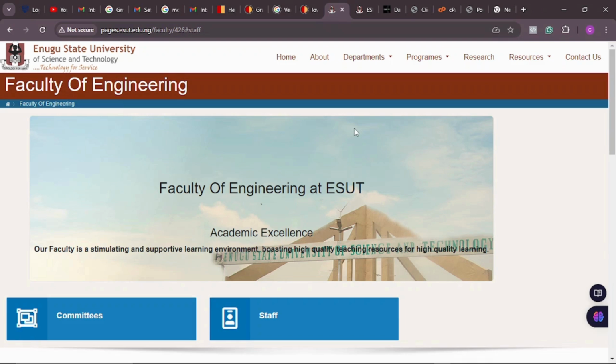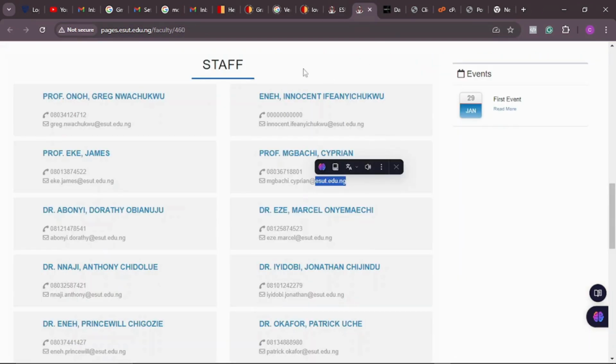So take a look at this school email. As you can see, this is the staff of this school. Look at all the professors, the doctors, all the lecturers, all the staff of this school. Look at the name of the school,